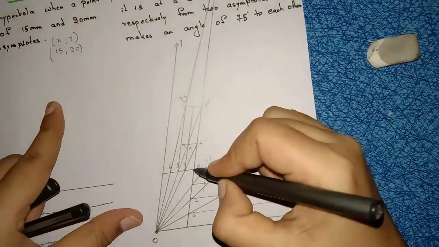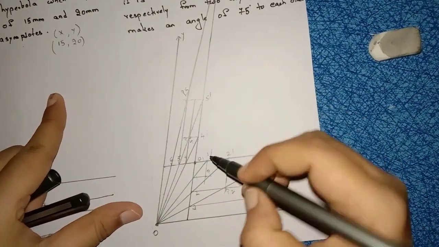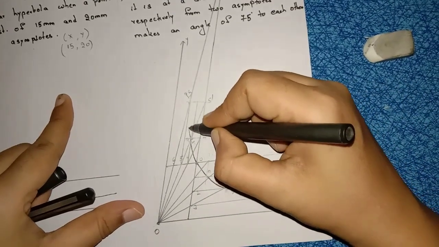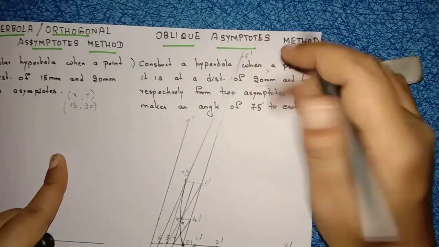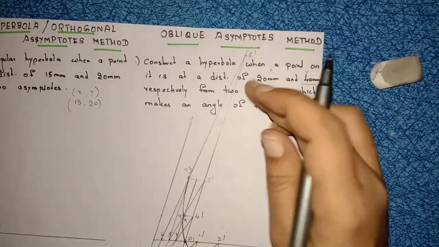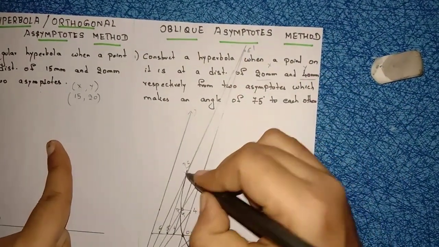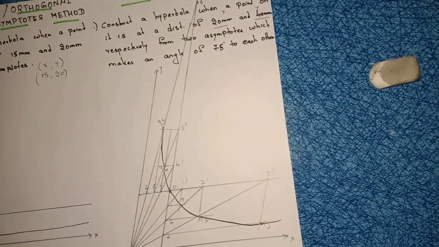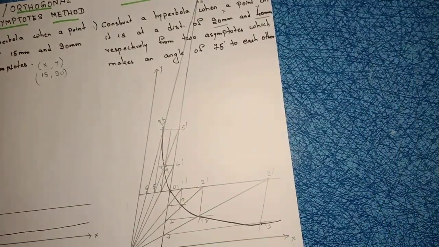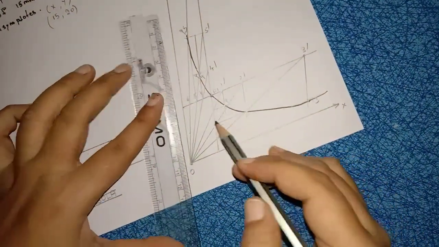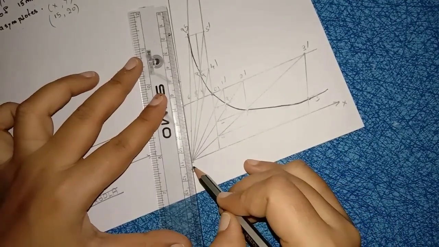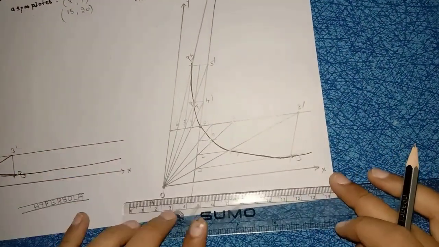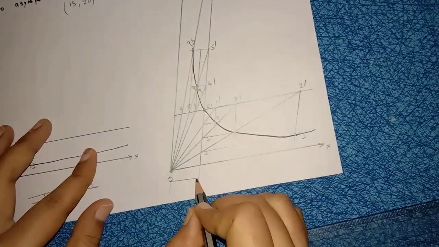Right, now from O, join P1, P2, P3, P4, P5. Actually you will get the P6 point somewhere here, no? In your notebooks also, if you are getting that point, leave that point, just draw from here till here. Right, so it looks like a hyperbola. After completion of your problem, you have to mark dimensions, no? So this is your inclination line, extend this one, extend this one. See, parallelogram method, how we mark dimensions in an inclination manner only, no?